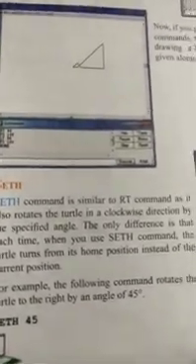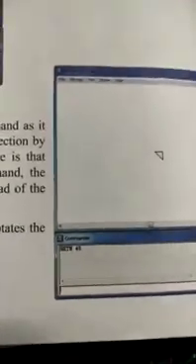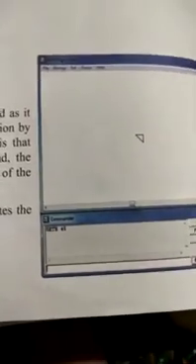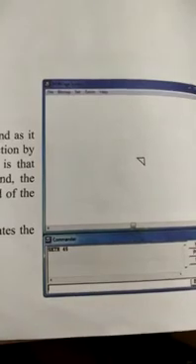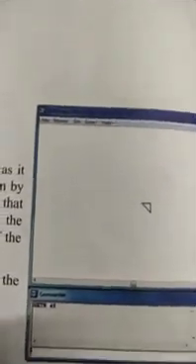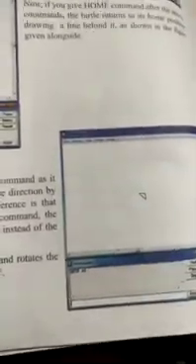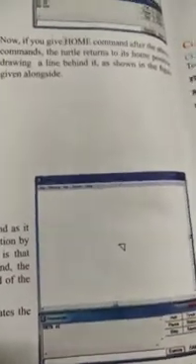We will type set 45. We will see the command rotate the turtle to the right side by an angle of 45. That means we will find our turtle at the home position instead of the current position.